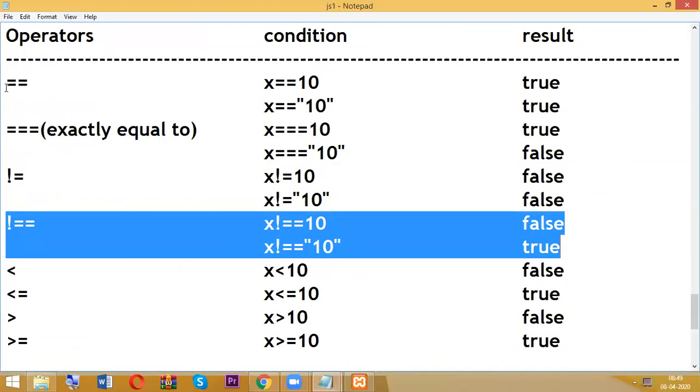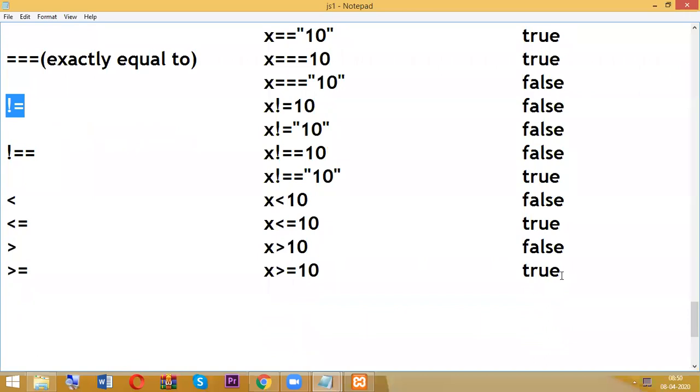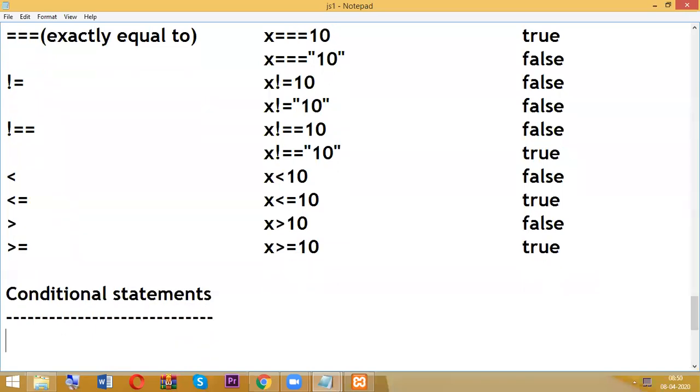So these are all comparison operators. So where we are going to check the conditions. Are you getting it? Okay, fine. So next we are going to have conditional statements. Okay, so we are having four conditional statements. One is if statement,